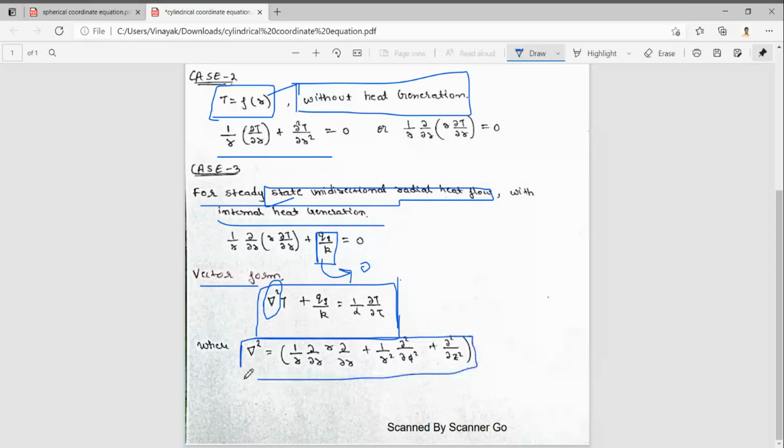The question may be asked like this also, this vector form is depend on any coordinate system? No, you should say no, because this equation does not tell that this is in cylindrical, spherical, or rectangular. So this is same for all the coordinate system, but this value of del square is only different. So this is in vector form, so this also you can remember.